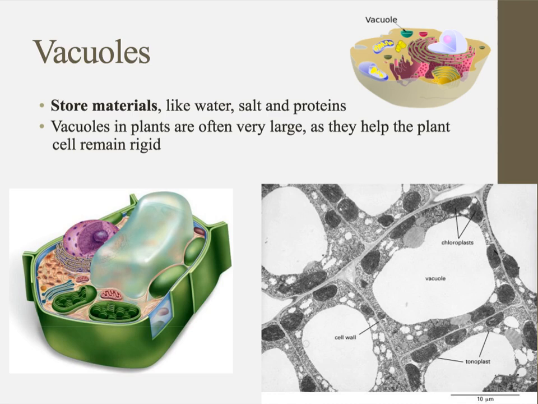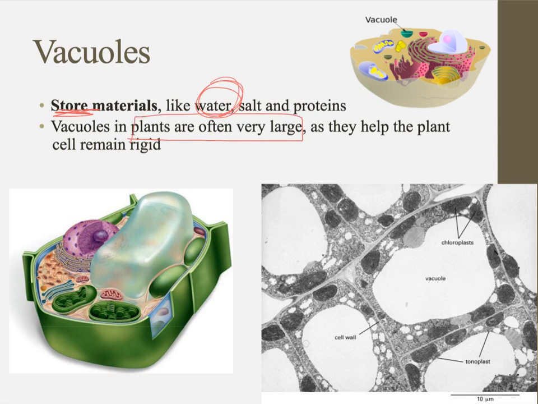Okay, next up is the vacuole. And the vacuole is really for storing things, particularly water. It can store other things. There are different vacuoles for different purposes, but most of them store water. In plants, they are often big, huge, ginormous,